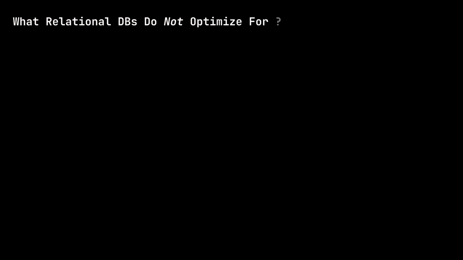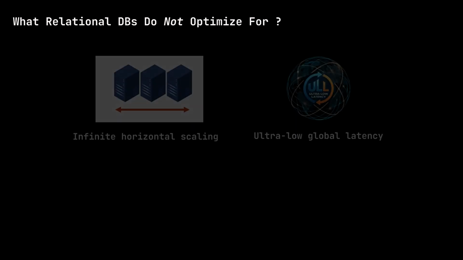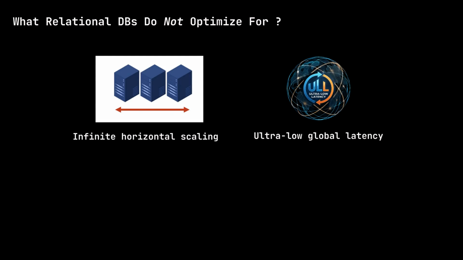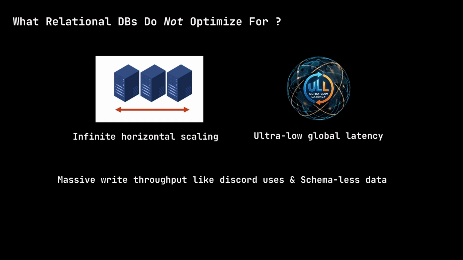You might wonder, if relational databases already exist, why do we need non-relational databases at all? The answer lies in scale and latency. Relational databases prioritize correctness and strong consistency, which makes them difficult to scale horizontally across regions. When systems need massive global read-write throughput with low latency, these guarantees become a bottleneck. That's why platforms like Discord use schemaless, non-relational databases, because flexibility and horizontal scalability matter more than strict relational constraints